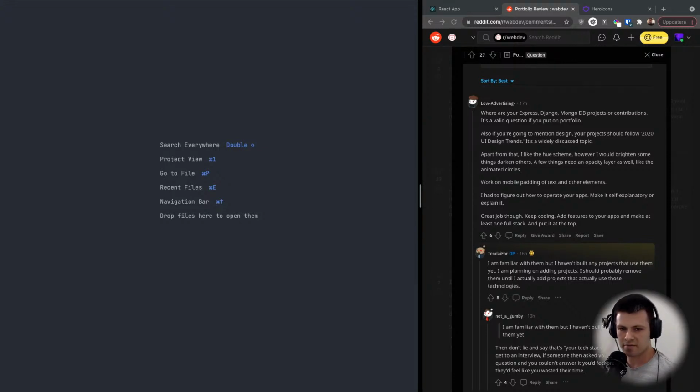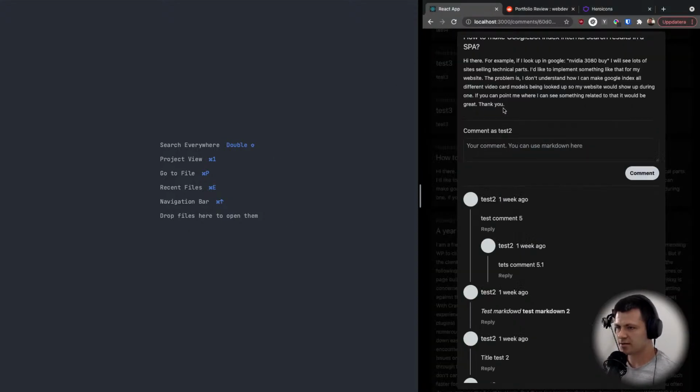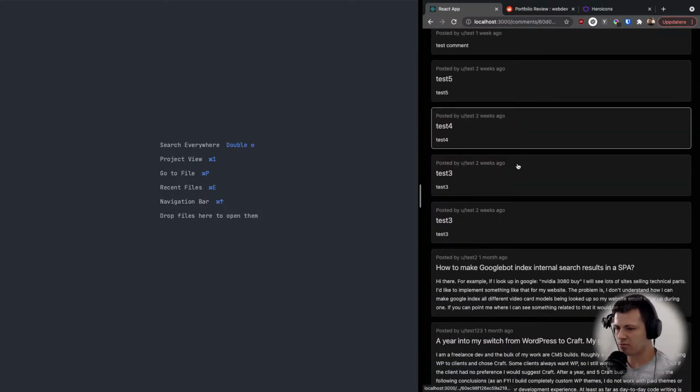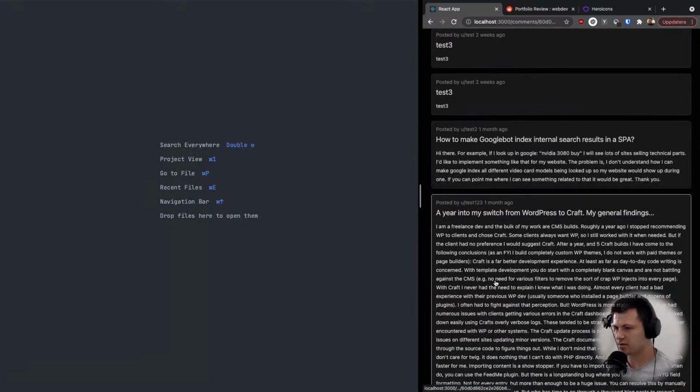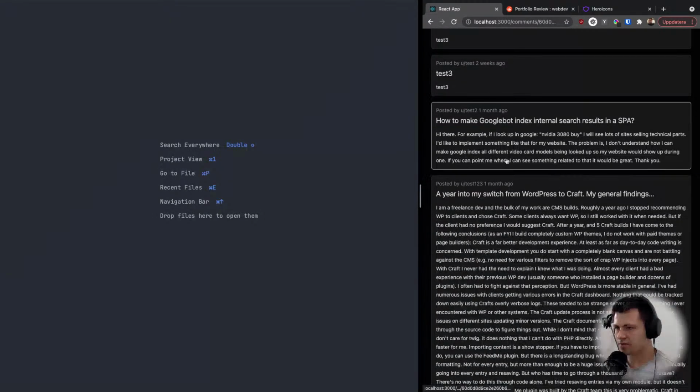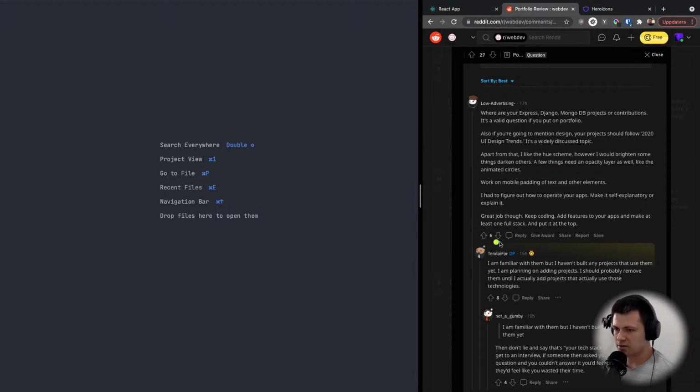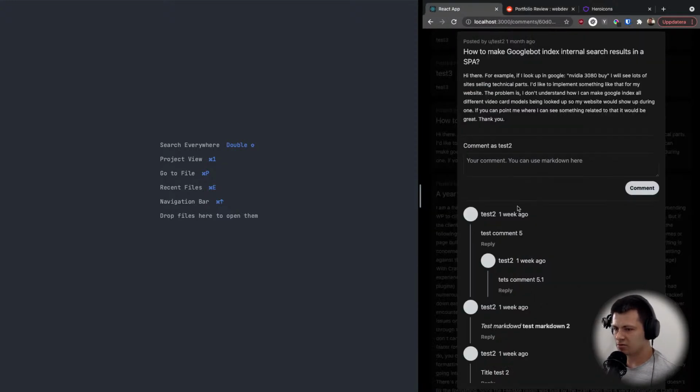And welcome back, everyone. So today we are going to continue with our Reddit clone, and today we are going to build or implement the voting system. So as you can see, if I open one post, there is no voting like here on the left side, and same with all the comments, there are no votes. For example, you can see here there is like 6 votes here, and we don't have this functionality, and I think this is like really important part of